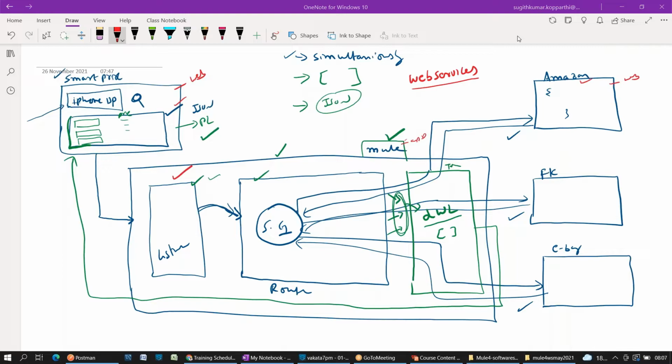That means whatever service is present in this Amazon application should be exposed as an API. How will that API be created? By using a SOAP web service or a REST web service. This is the only prerequisite to learn this course. Not only this course, for that matter, any programming, nowadays it's very common in the IT industry to know about web services. So to start with this tool, at least the basics of web services are required. At least what a web service is, you require that knowledge, right?